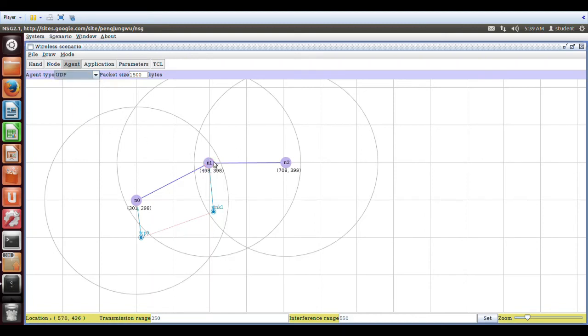So go to UDP, select this, select UDP. So this node should act as UDP destination or null and connect the two. Now go to application. So the TCP as expected will have a FTP connection and the UDP will have a constant bitrate connection, just like this.